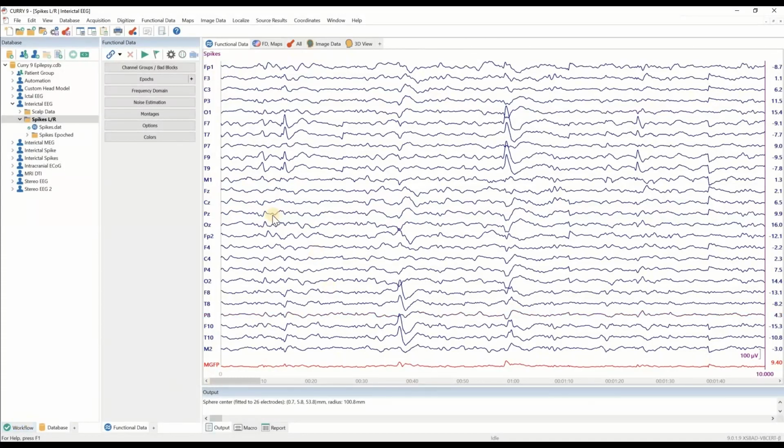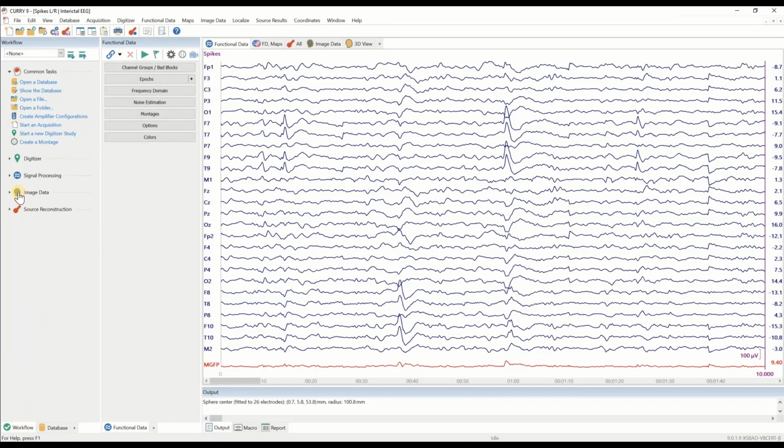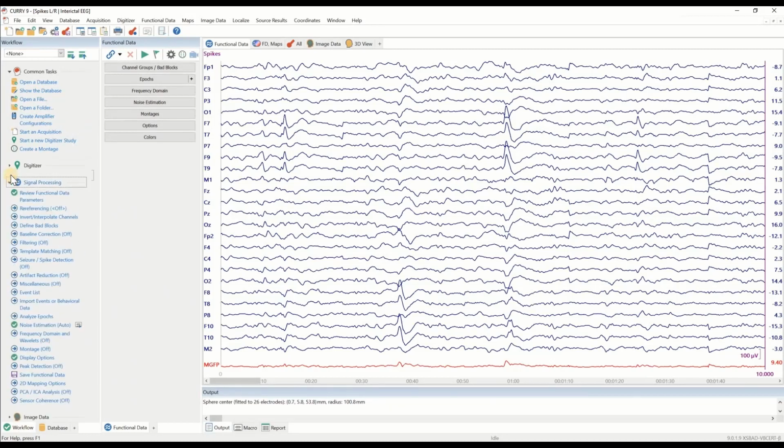And if we don't know yet where to find certain options in the Curry user interface, it's again very helpful to take a look at the workflow. For example, here in the signal processing section, we now have an option to re-reference the data. And a very typical first processing step is to perform a baseline correction. So let's do this. And by clicking on any item here in the workflow, Curry shows us where the corresponding